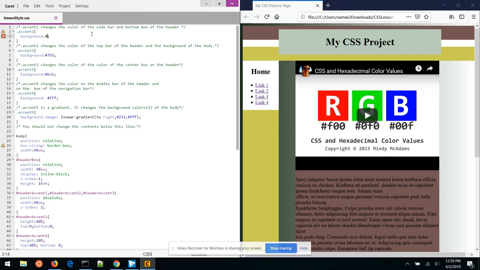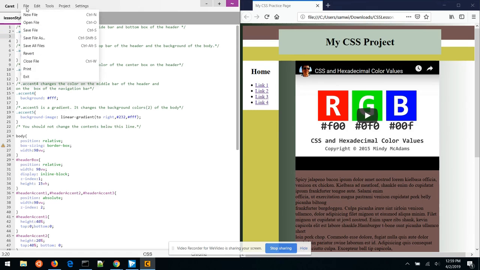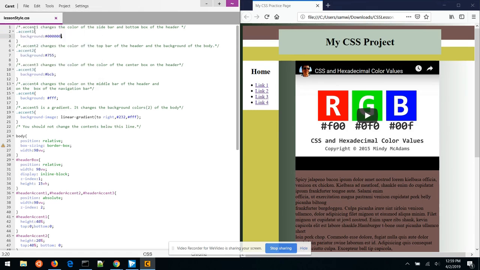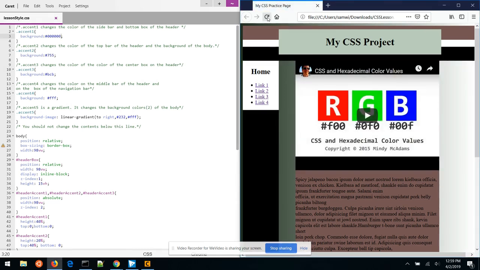I'm going to change that to black. So I want 0 red, 0 green, and 0 for blue. File, save,